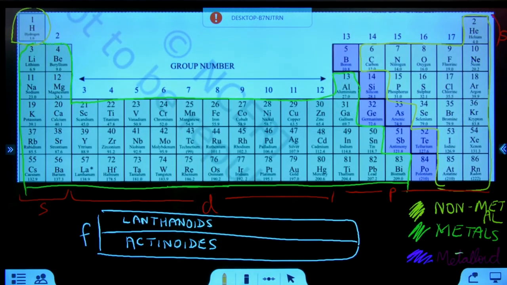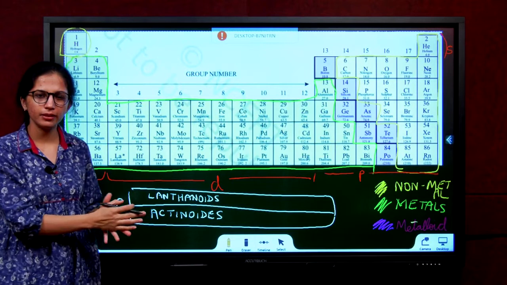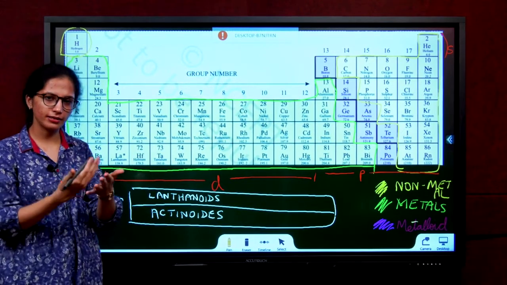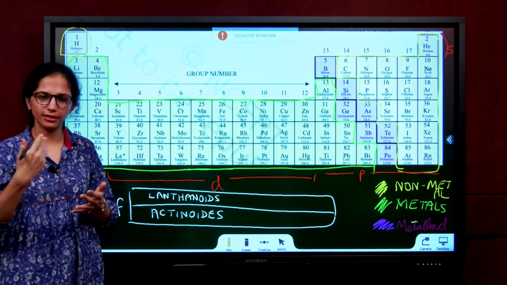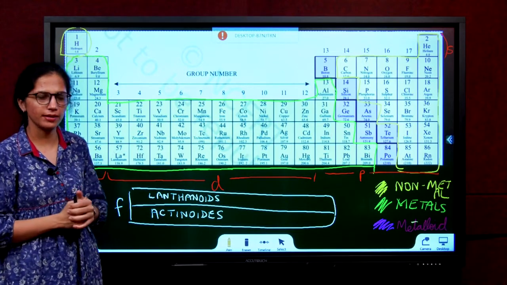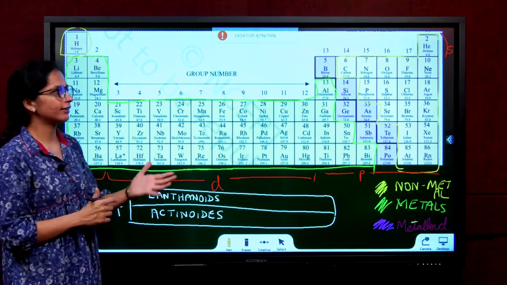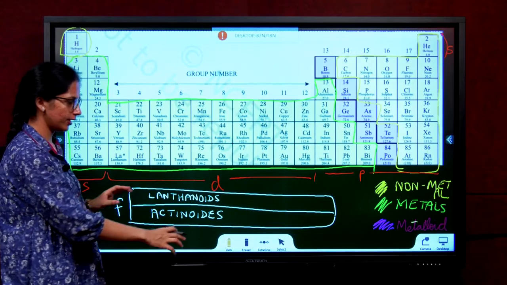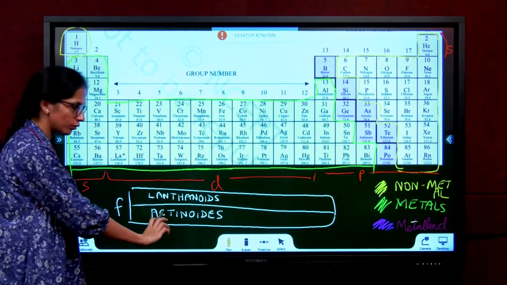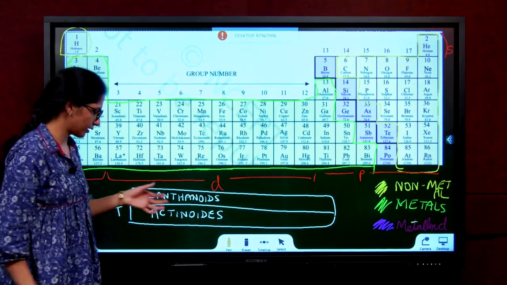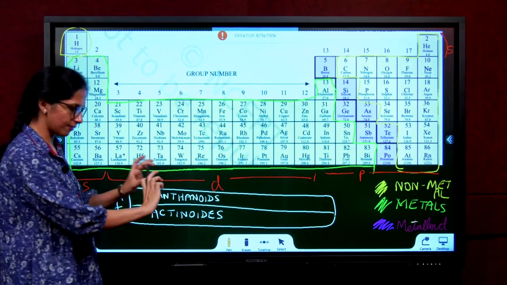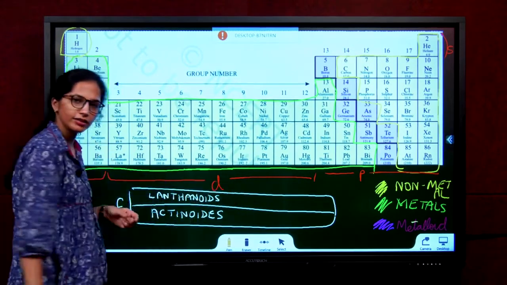So before we understand the limitations, first let's understand something about the periodic table. I have taken only a part of the periodic table. Please open your textbook and keep the periodic table page open with the colors so you understand what I'm trying to say here. Or you can even look at this, but I don't have the whole table. I have left out some rows and I have put the lanthanoid and actinoid. You can see in the textbook there's a separate table at the bottom. I put it in white over here.